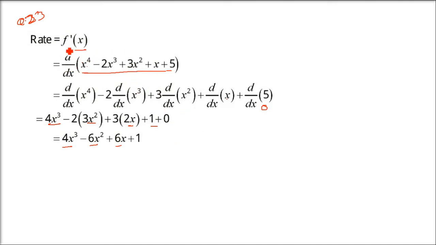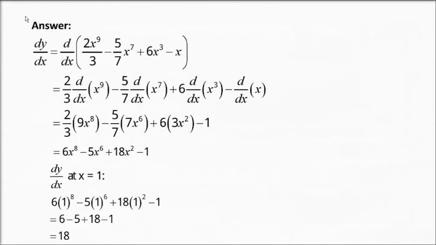Rate of change with respect to x is d by dx. Now we have question number 24. So y is given as, we have to find dy by dx at x equals 1. So this y is the term which is given, which I am showing you here. So dy by dx we have to first find out and then put x equals 1.